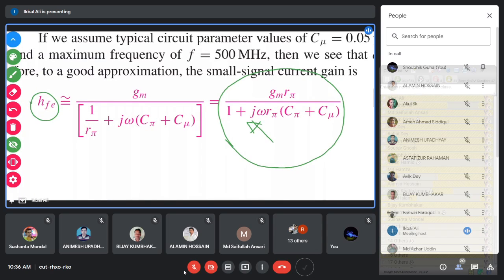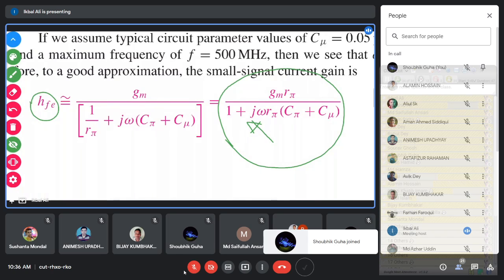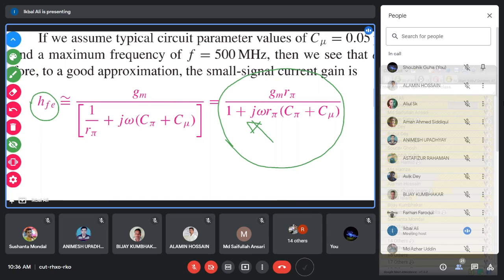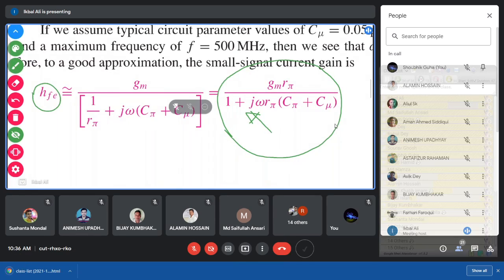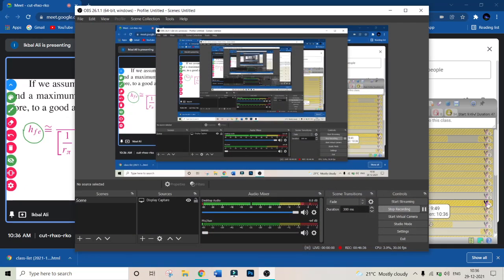You know the capacitor impedance is 1 by j omega C pi, 1 by j omega C mu, which is where this j appears. Because of the structure of the transistor, within it you have mainly junction capacitors, and a capacitor is a complex circuit element because its impedance is complex. That is why the overall gain of the transistor